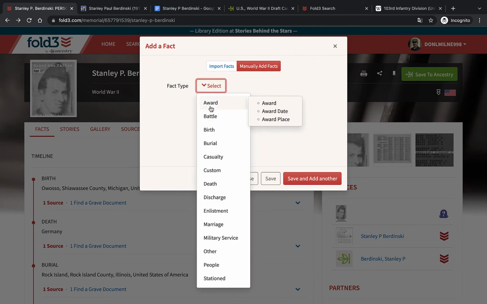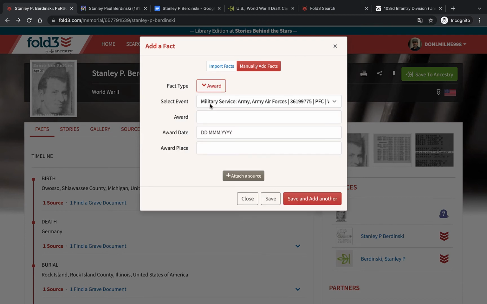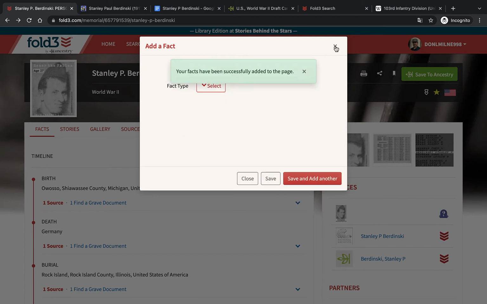Let's add another award. So this is not an official award of the military, but it's something that's used on Fold3 to recognize that an individual died during a time when the nation was at war, whether or not they died in battle or an accident or even in natural causes. As long as it was during a time of war, they qualify as Gold Star status. So we'll put in Gold Star, press save and add another, and I'm going to exit this for a second